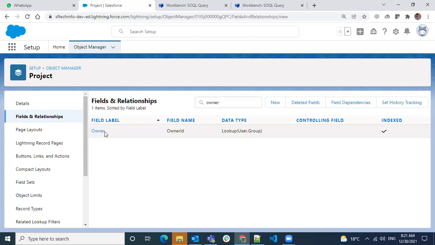You see this label is owner and the field name is owner ID. Similarly, if you have one more called created by, it will be created by ID. You will be ending with ID as the API name of that field.